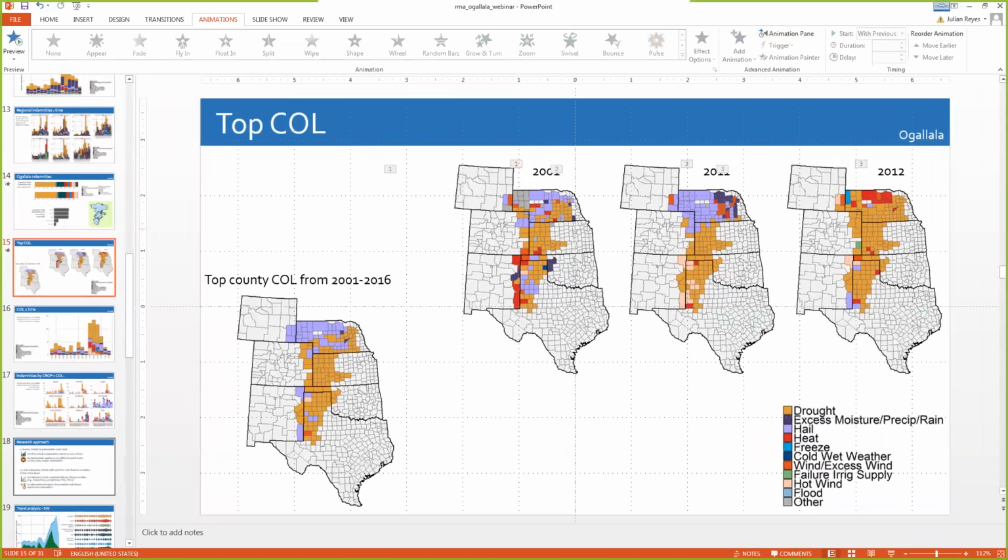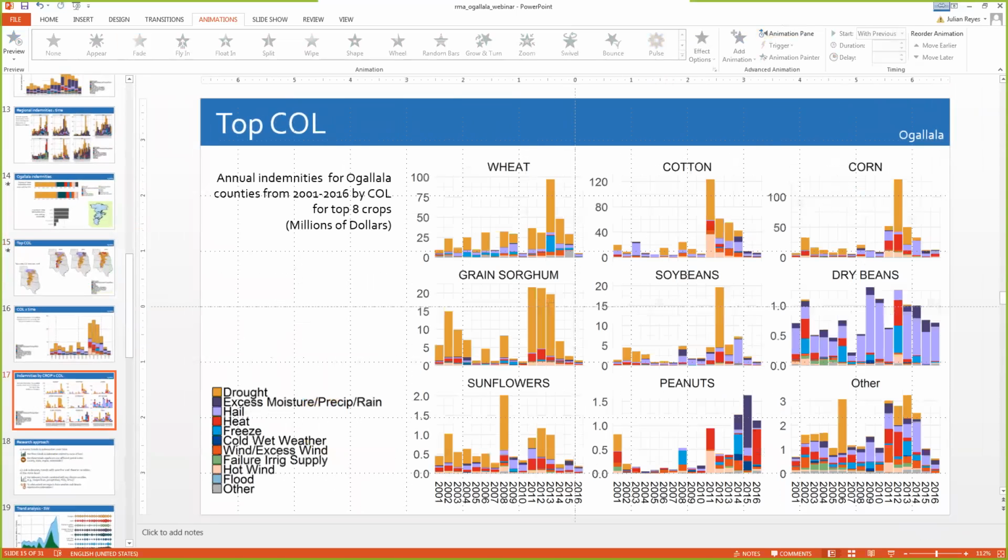So that was one. Those were a couple of things that surprised me, and then I was also interested in plotting the top 4 or 5 crops, with the wheat, cotton, corn, grain. But then these other little ones, soybeans, dry beans, sunflowers, peanuts, those also surprised me, and so I plotted those too just because I was interested. And it's interesting to see the kind of dichotomy, they diverge in terms of which causes of loss affect those crops, right? You have wheat, cotton, corn, grain, mostly drought, but then dry beans and peanuts, mostly hail or excess